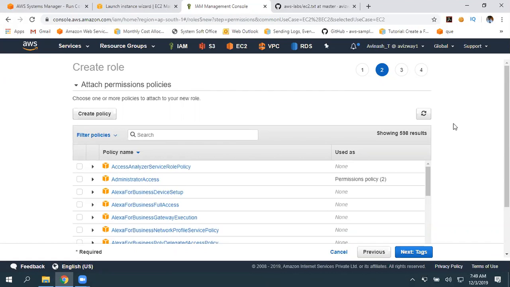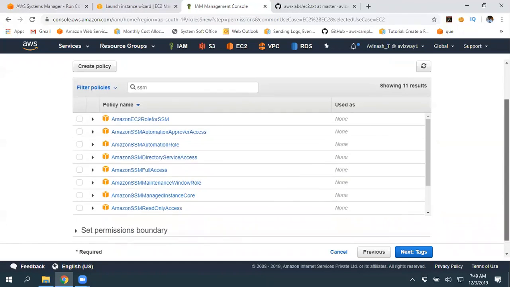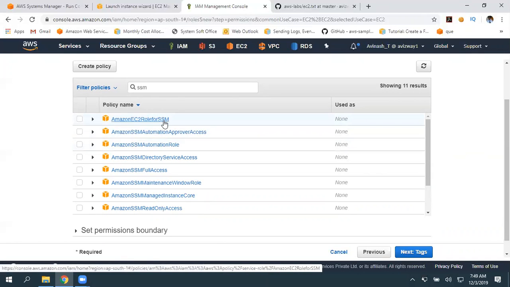You are not giving an administrator policy to that user. So go here, look for SSM. SSM means Systems Manager. These are all roles related to Amazon EC2 role for SSM, the role that we can associate to our EC2 instance.